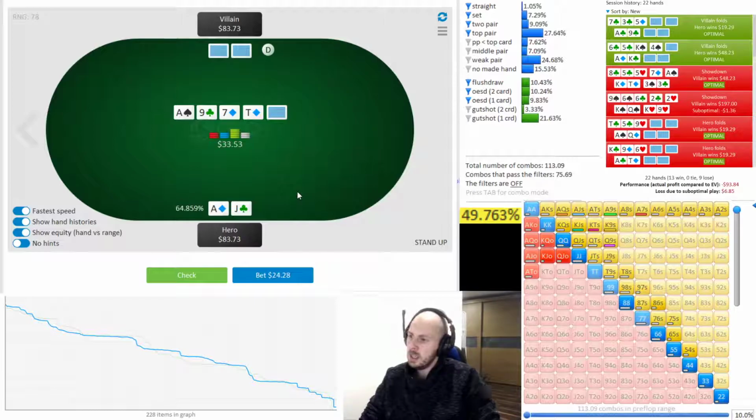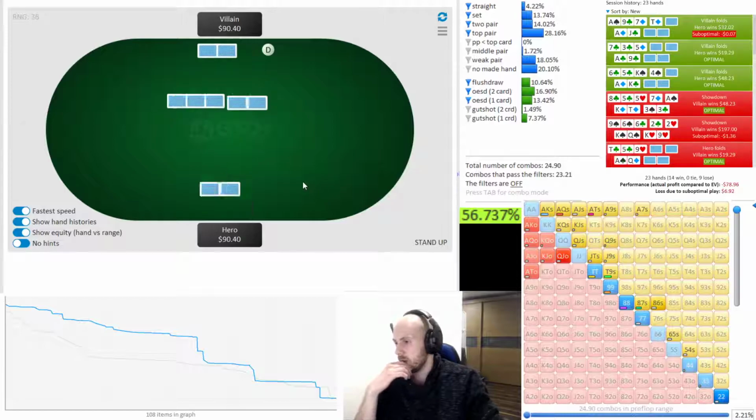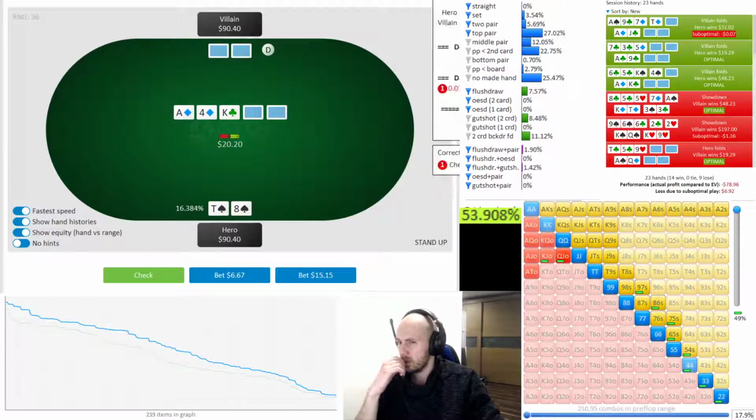On a 10, the board gets a bit more connected, generally in favor again for the button. I still like a bet here with ace jack. So it is actually quite a loss here. But I decided on a bet, so that's what I'm going to do. Suboptimal,